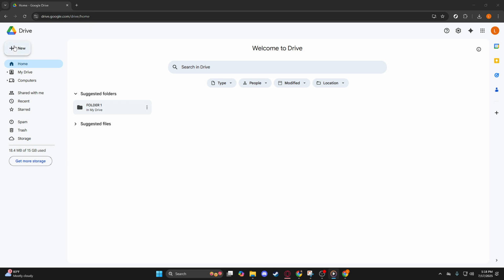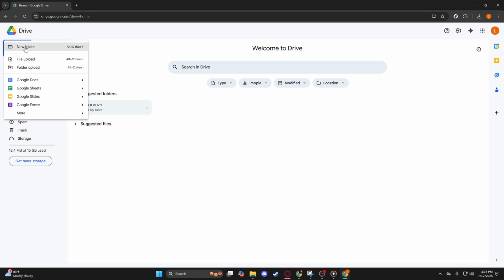You'll notice a button labeled New. Go ahead and click on it. This button is your gateway to creating not only folders, but also docs, sheets, and other Google files. Clicking New will present you with a drop-down menu offering several options, including creating new files or uploading existing ones from your computer. For our purpose today, we are going to click on the option labeled Folder that appears in